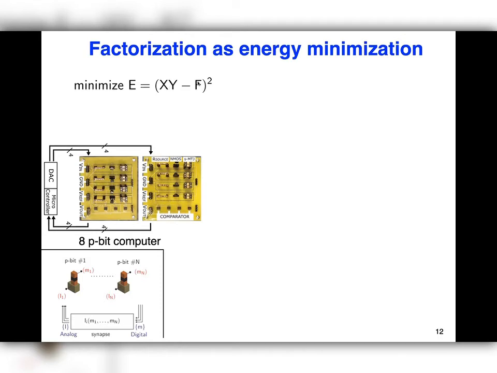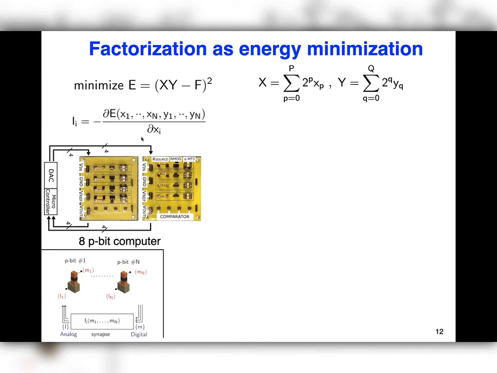So let's say f is a semi-prime, and the idea is when xy is equal to f, which is a number that you provide, then this energy is minimized, and anything else really makes this energy larger. So you write this in binary, and then you turn this into a feedback formula, by taking the derivative of the energy with respect to the inputs only once. This isn't a difficult step.